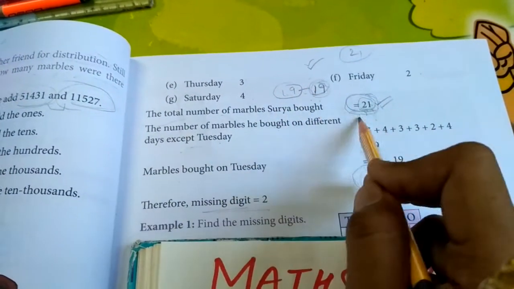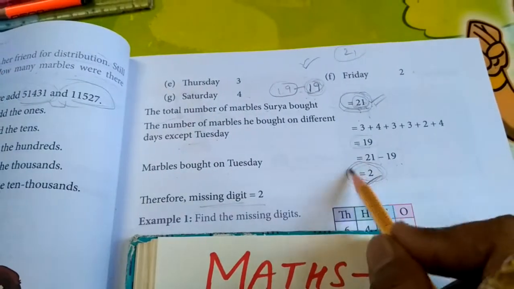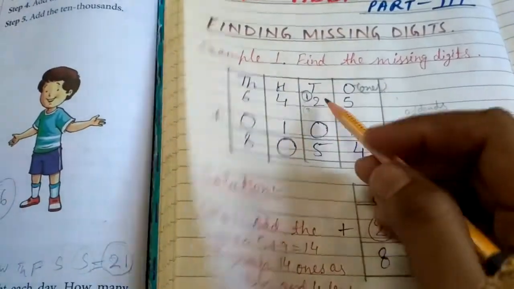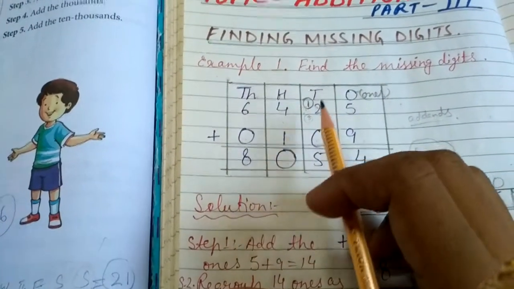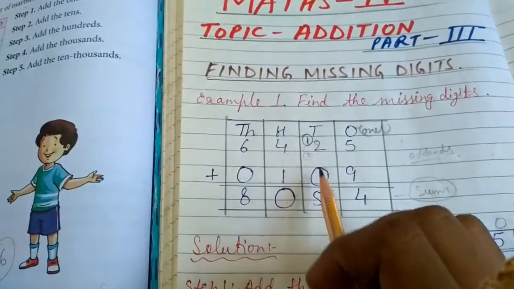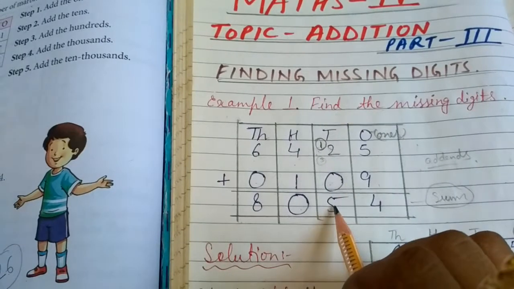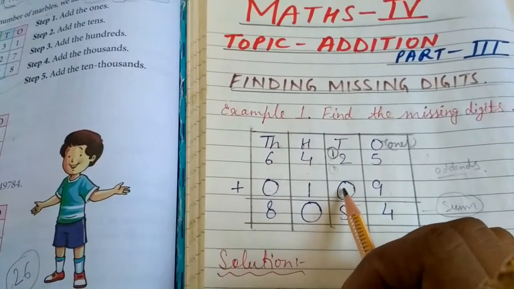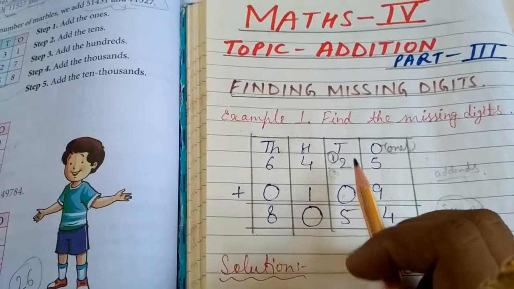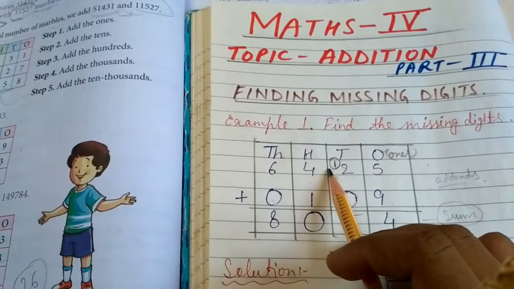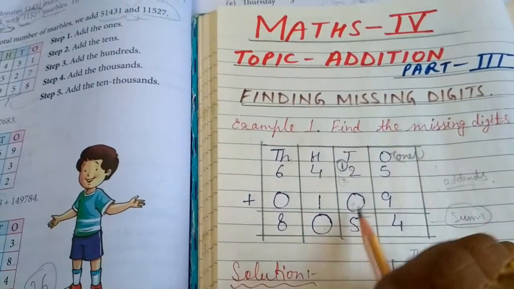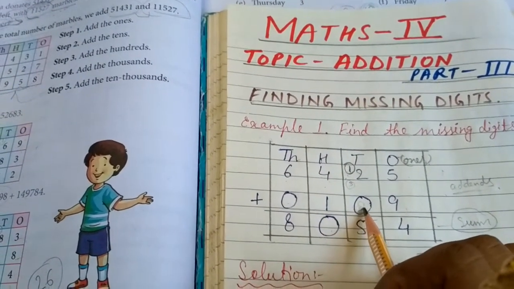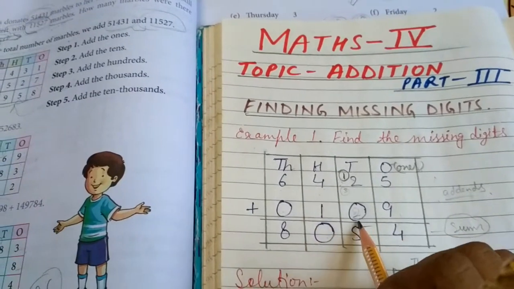So from these two clues, we have to find out this missing digit. Yes, the same formula, the same step we are going to apply over here. The same thing will be applied over here also. We know the total sum, and we know this one, so we only have to calculate this missing digit. So yes, 2 plus 1 is 3, and 5 minus 3, what will come? 2. 5 minus 3 will give us 2.